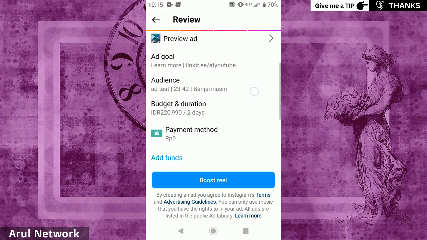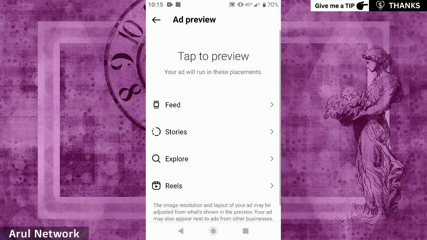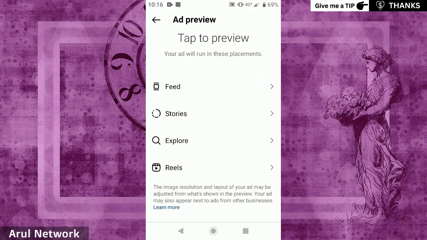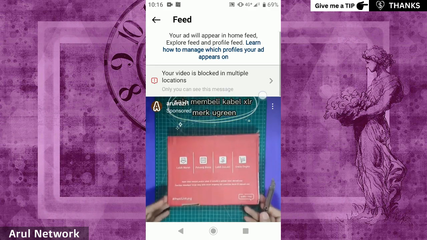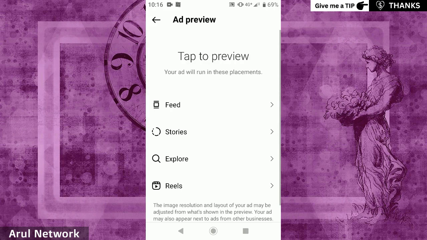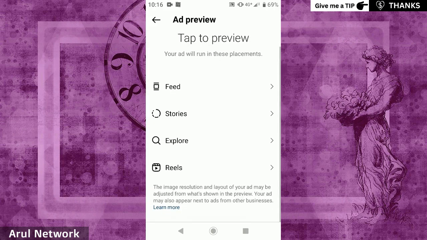Okay, and you can review your ad. Your ad will run in this placement in feed and in other places like stories, explore, and reels. And click on the back icon at the top left,